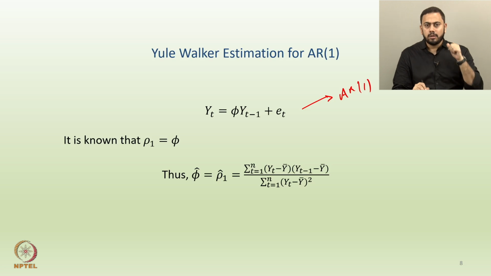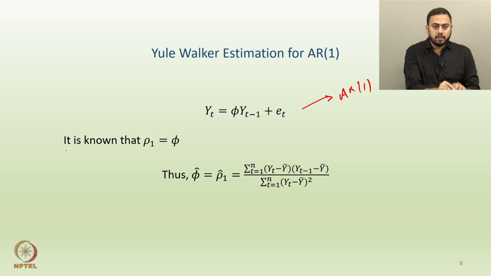Now, again, if you go back to one of our earlier lectures where we elaborated more about AR1, from that lecture you can borrow a couple of facts. If you talk about correlation, rho 1, the correlation is nothing but phi, which is this coefficient here. So, correlation happens to be exactly equal to phi. Using this idea we can quickly create an equation. Phi hat would be nothing but rho 1 hat, because rho 1 equals phi. So, the estimated versions can be replaced by the actual versions here.